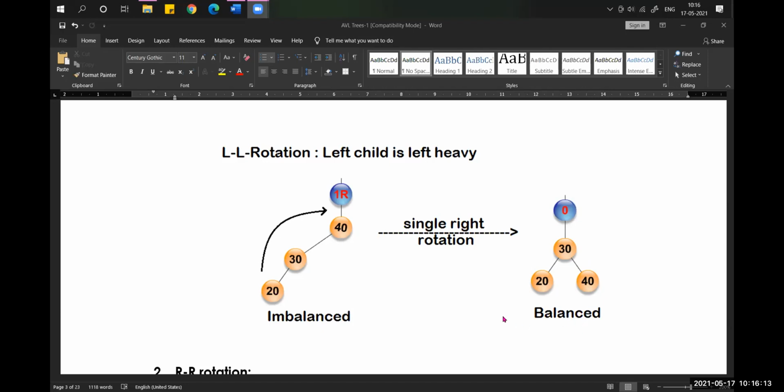So the main concept of the AVL tree is that we are converting an imbalanced tree into a balanced tree. Why? Because when you want to perform an insertion, a search or a deletion operation, if the tree is very lengthy, then it will take too many moves to reach the particular place. If you want to search for any element and the tree is very big, it will take much time. That's where the concept of rotations came into the picture. Okay, this is the first method.